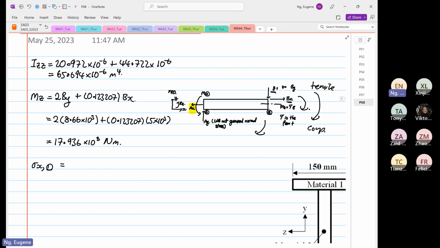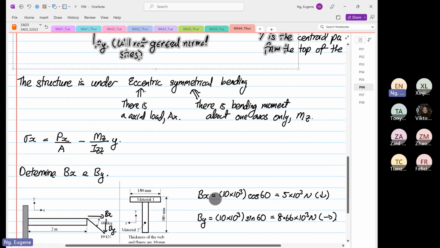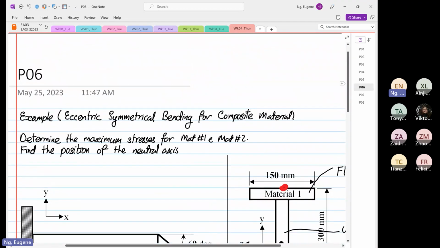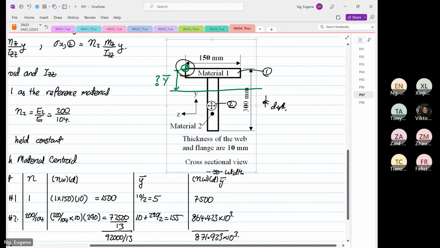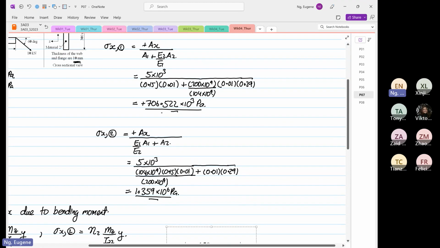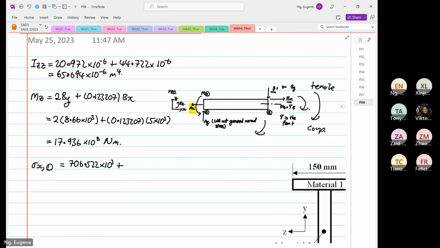So for material 1, it will be in the tensile regime, and we found our stress x1 due to tensile load. So stress x1 due to tensile load is equal to what? Hold on. Is equal to 706.522 times 10 to the power 3 plus